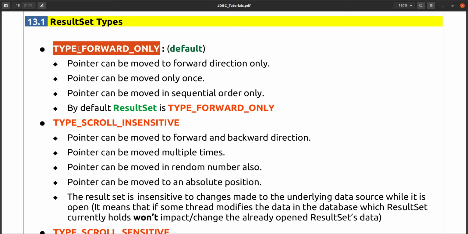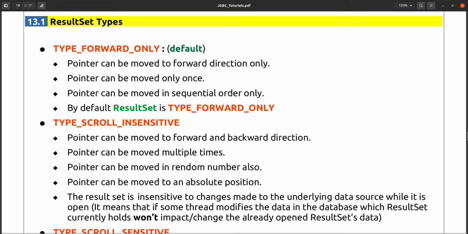On the basis of this type of statement, your result set can be of type forward only. That means from the first position you start to process the element or record, and you go till the last. This is called type forward only. Type forward only is the default type of result set. If you are not specifying what type of result set you want, then the default type will be type forward only.